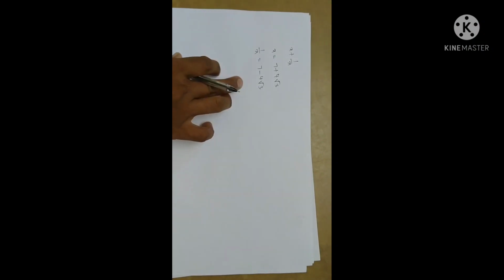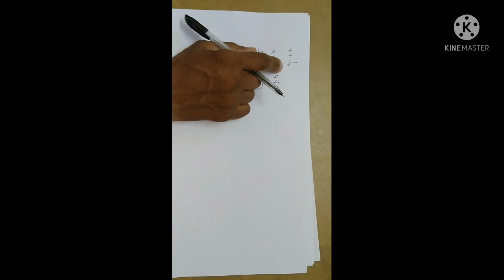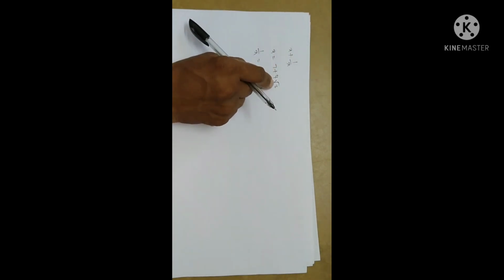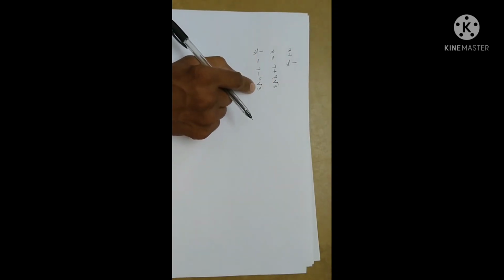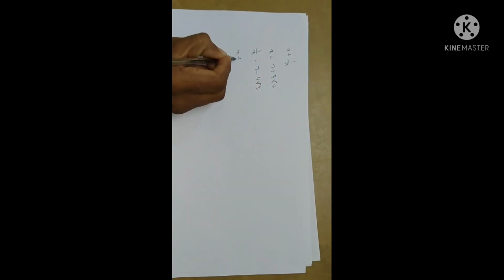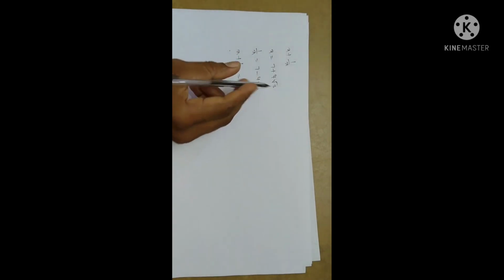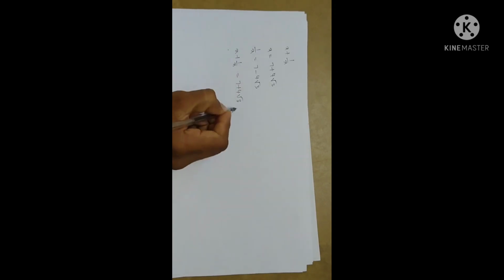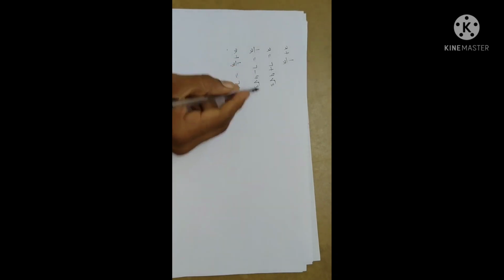So finally we have to find x plus 1 by x result, right? So here x is equal to 7 plus 4 root 3. So 1 by x result is 7 minus 4 root 3. So add x plus 1 by x. So x plus 1 by x is equal to, here x is 7 plus 4 root 3, plus here 1 by x result is 7 minus 4 root 3.